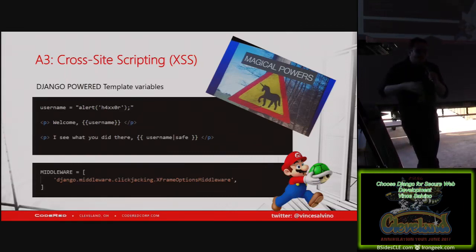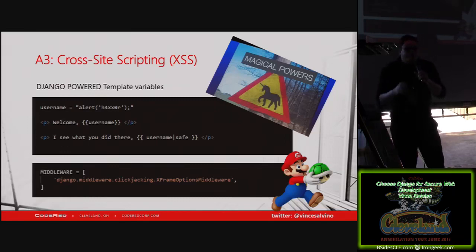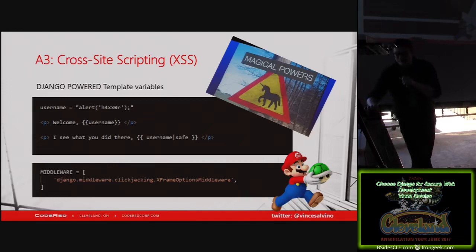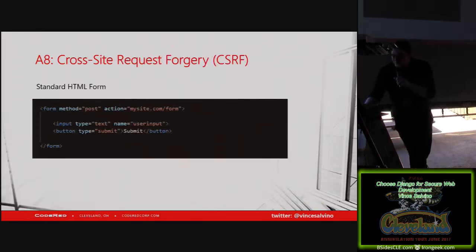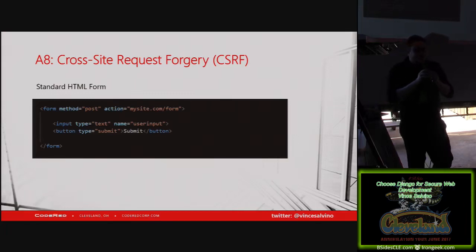And there is a middleware also for clickjacking, which is sort of related to this. Clickjacking is essentially having hidden iframes or something on the site. A lot of ads actually do this. But if you have something on your site, maybe you're showing ads on your site, or you're showing some sort of external iframe content, and someone tries to use that to clickjack, it won't work. There's a middleware that just completely blocks that.